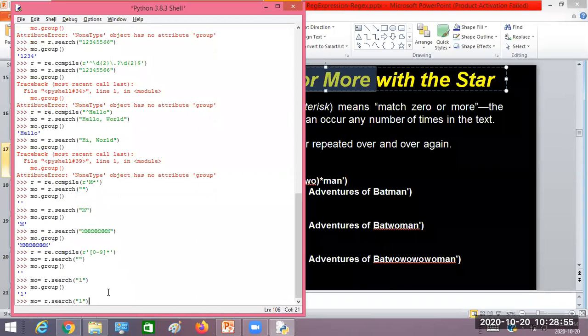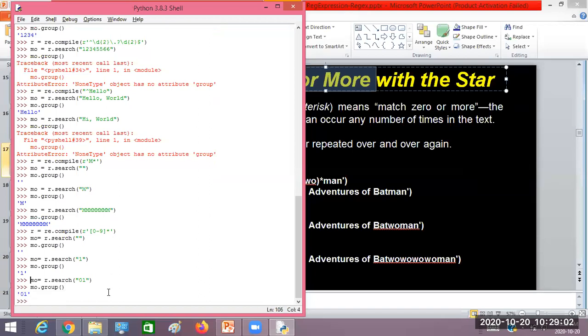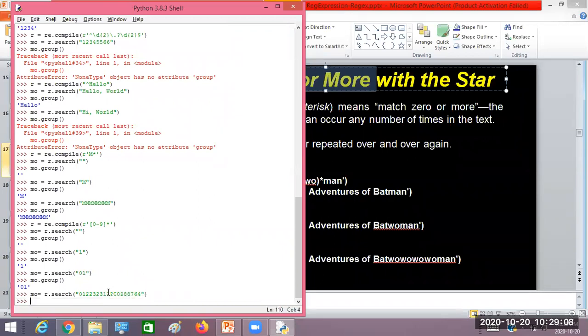If I execute with 0 1, then it is 2-digit data, so now it is matching with the 2-digit data.